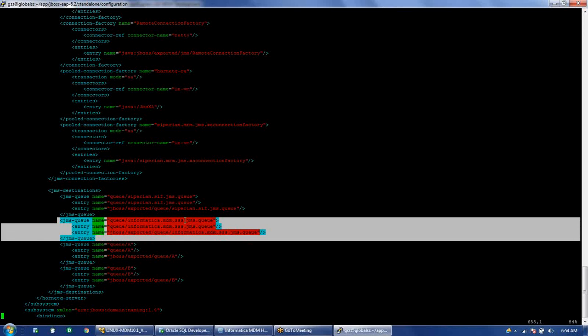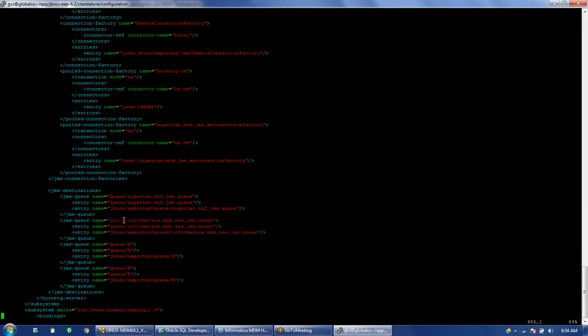We need to copy this queue, paste it and replace the name. Here we have Informatica MDM JMS queue. Instead of that, I can put my own names. I have put QA and QB, so I have replaced that name with A and B. This becomes an outbound queue.